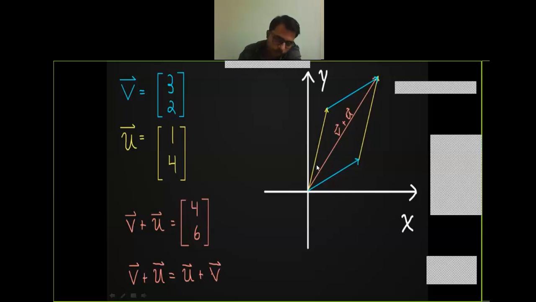Now if we go from u to v, and reverse this case, firstly put v and then go to u, so we project vector v on vector u, then also we will reach the same point. Is this point clear to you? That is the parallelogram law of vector addition.